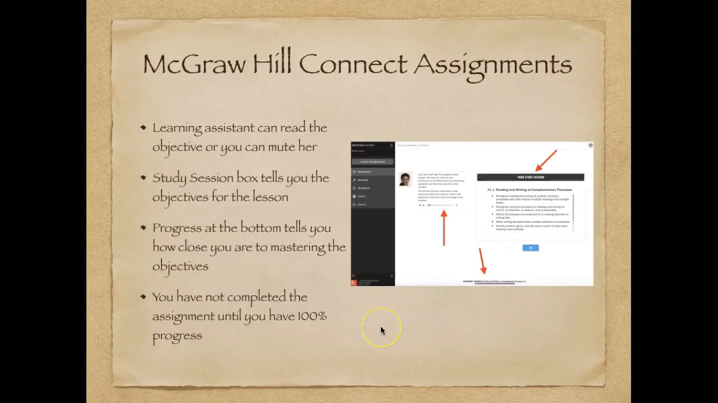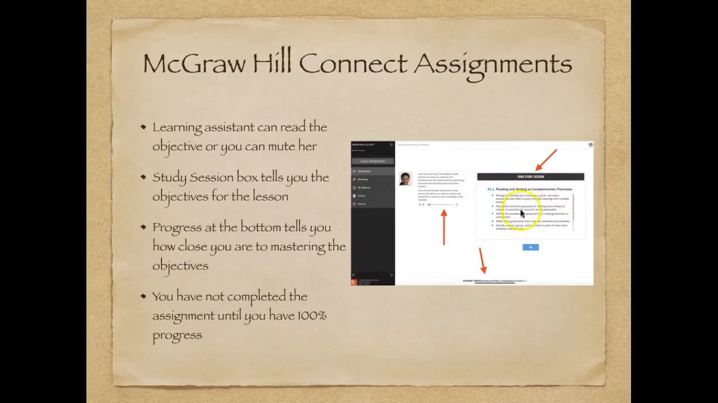You will then be taken to the beginning of your assignment. You'll see this young lady here. She's a learning assistant. She can read what's in this box right here for you, or you can mute her if you prefer not to. Your study session box tells you the objective that you are learning and all of the sub-objectives that you will